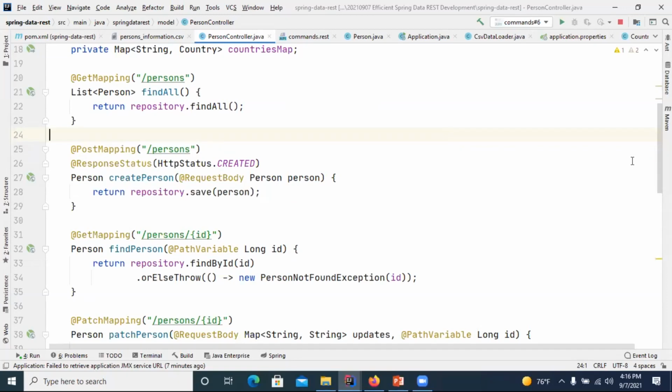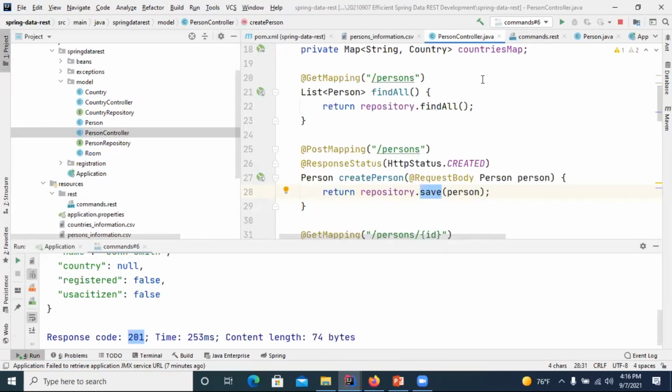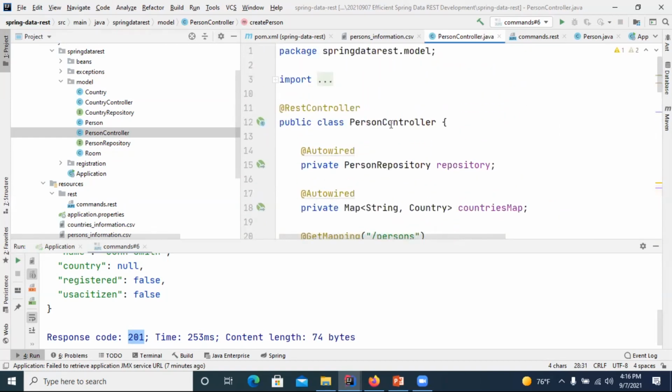There are many situations when this code is just delegating to the repository. So find all delegates to find all, create delegates to save, and we may ask ourselves, what if we don't have this delegation? I will stop here the application,